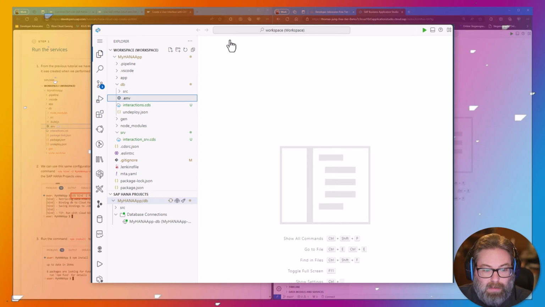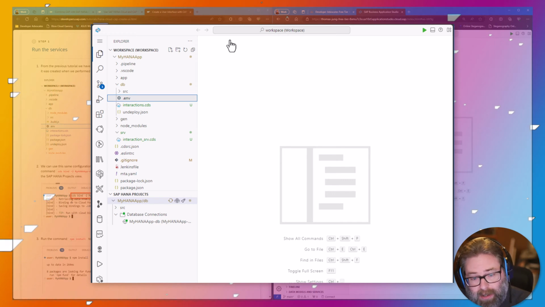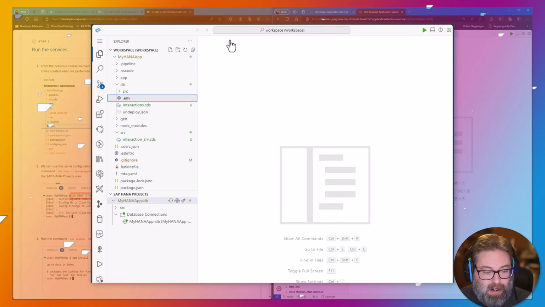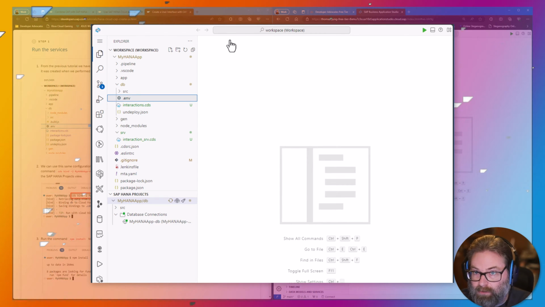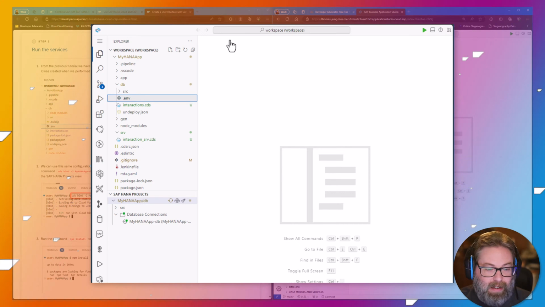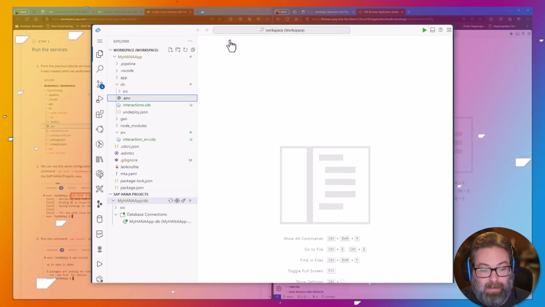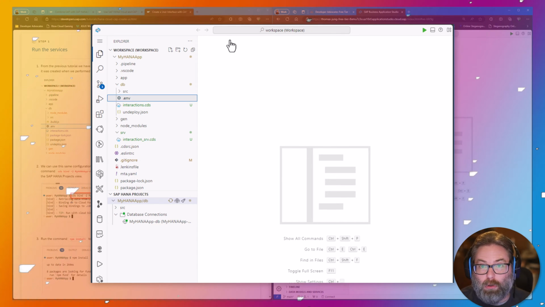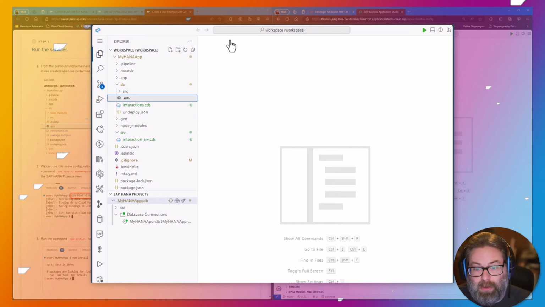We have a command called cds bind, and that's going to write a little configuration file, but as we'll see here in a minute, it is only going to save the information about what Cloud Foundry space and org we're targeting, and every time we run the application, it's going to look up those credentials dynamically so that they're never stored.